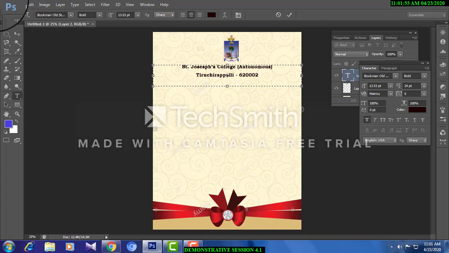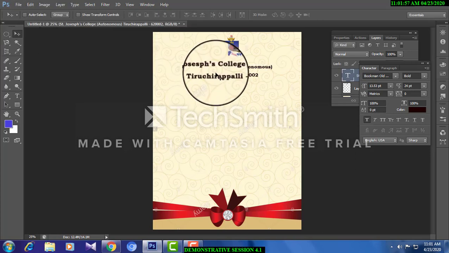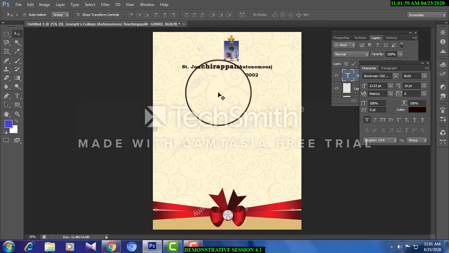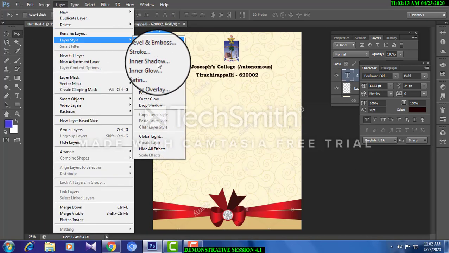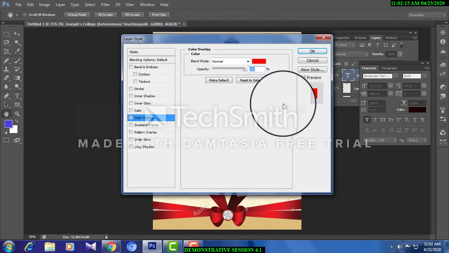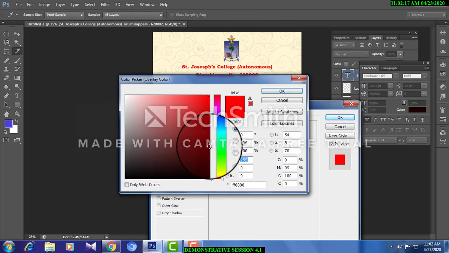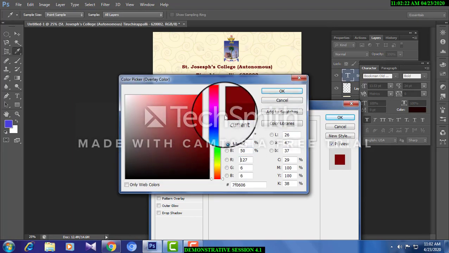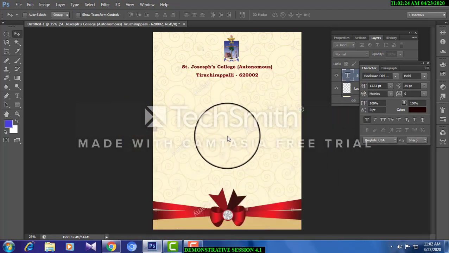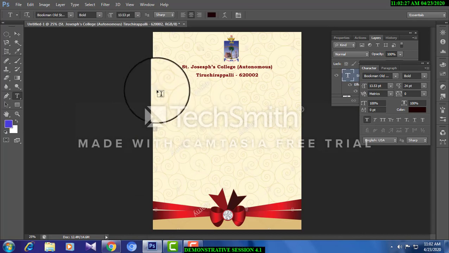Yeah, I made it. Now can you see the font should be very small. Don't make it bigger, otherwise it won't be that good. Make it smaller. The font size I made smaller. Now it's okay. Now the color, go to layer style, color overlay. You should go according to the color that fits the background.